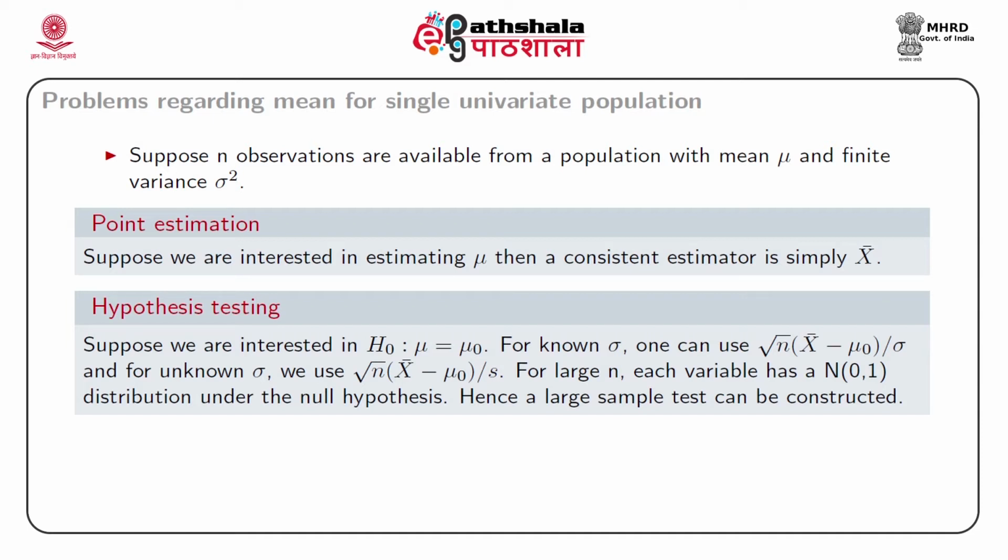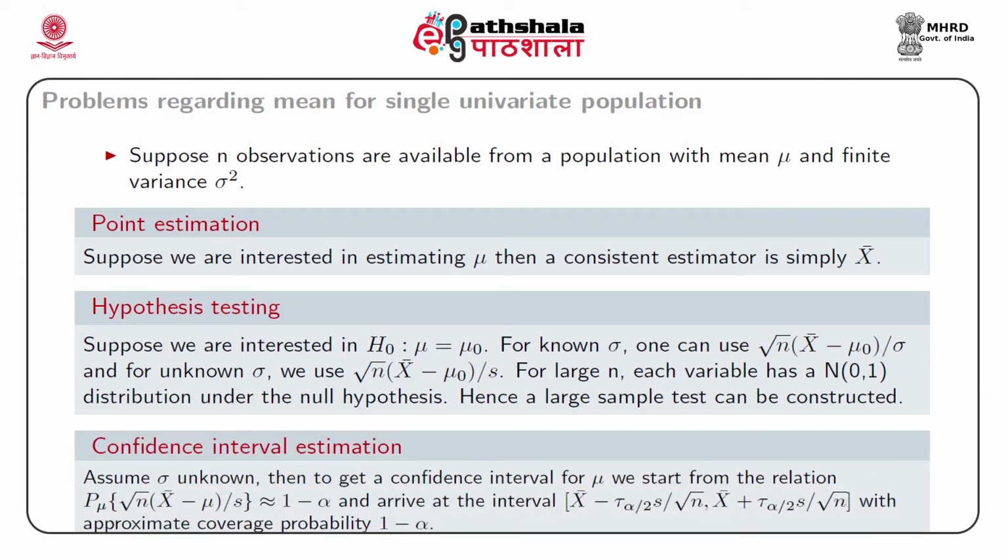Our next problem: actually, after performing some test of hypothesis, it is natural to consider confidence interval estimation. So first of all, assume that sigma is unknown, and therefore to get a confidence interval for mu, we start from the approximate relation that the probability that the absolute value of square root of n multiplied by (x bar minus mu) by s is less than or equal to tau alpha by 2 is approximately equal to 1 minus alpha. And then